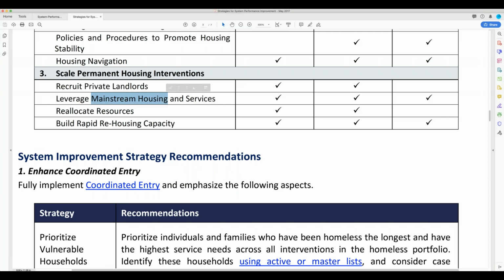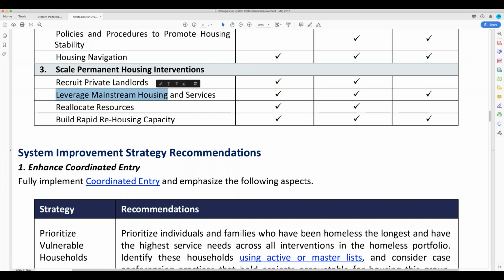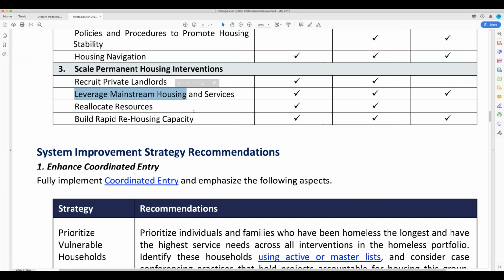what's a mainstream housing provider, right? Well, DCA has SRAP, has Section 8, but you also have housing authorities. You have the Morris County Housing Authority. You have the Morristown, Dover, and Madison Housing Authorities. You know, these are folks that have housing that really is not being provided as a form of subsidy to our homeless clients as frequently as we may hope, right? So those are things that we can do to try to leverage that opportunity. The other point that was made is we need more affordable housing.